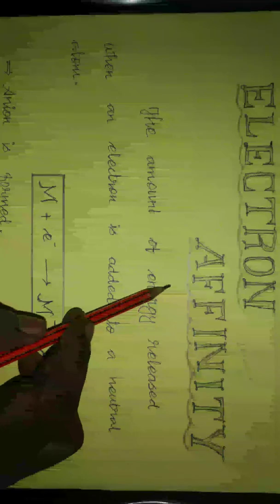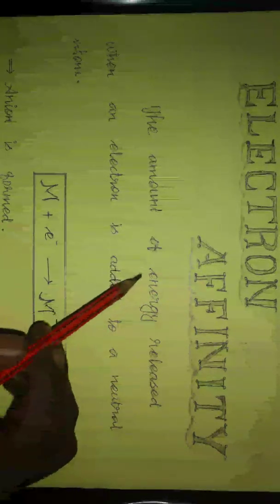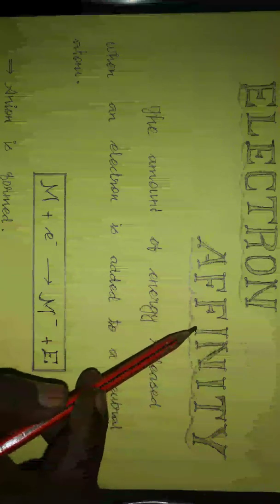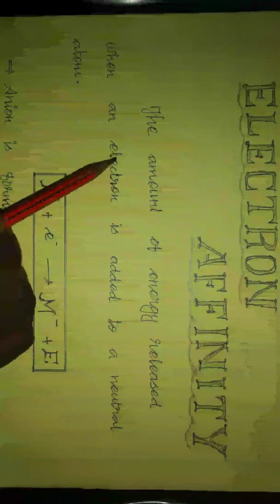Dear students, are you able to understand what electron affinity is? When a neutral atom attracts or gains an electron, it will liberate a particular amount of energy, and that liberated energy is called electron affinity. Okay, let us see the definition. Students, this is the definition for electron affinity: the amount of energy released when an electron is added to a